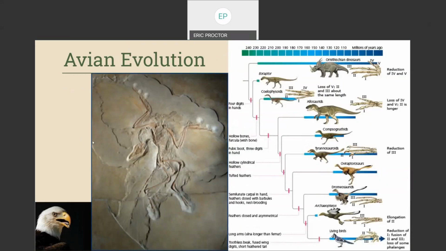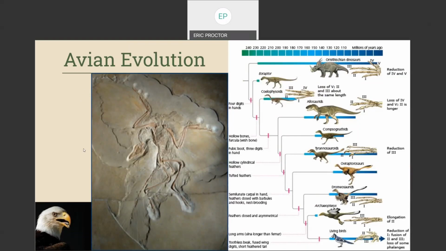So let's talk a little bit about avian evolution. Few subjects in evolutionary theory have posed such intriguing puzzles for so long as the origin of birds. Evidence of avian beginnings has been elusive in the fossil record because of birds' light, hollow bones that rapidly decompose. The hunt for the ancestors of living birds began with a specimen of Archaeopteryx, which you can see on the left-hand side there. This is what is considered the first known bird. It was discovered in the early 1860s.